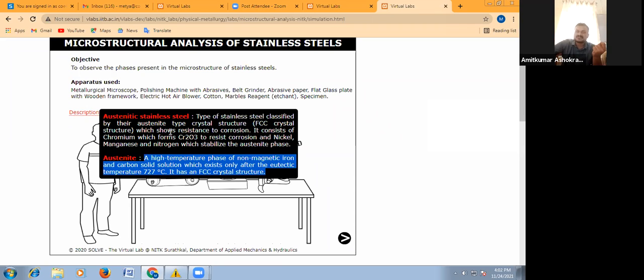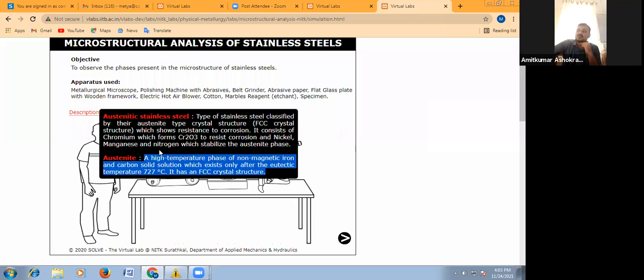If austenite is present, it is termed as austenitic stainless steel. And if only the martensite phase is there, then it will be termed as martensitic stainless steel. These three are the main types of stainless steel: austenitic, ferritic, and martensitic.